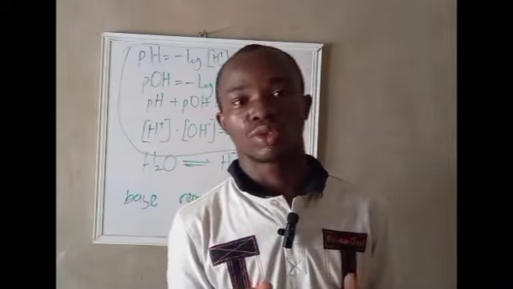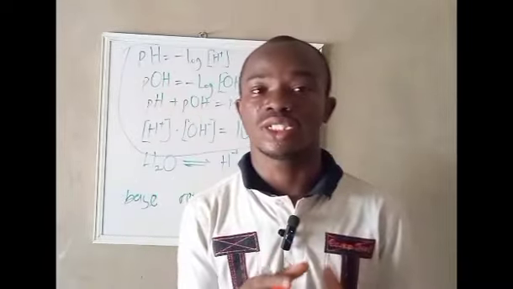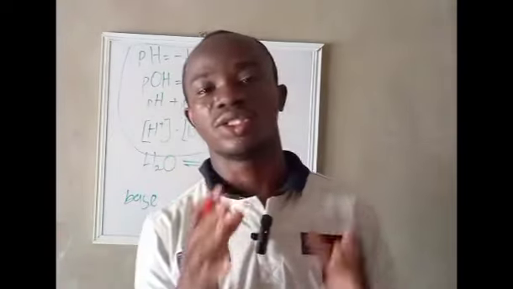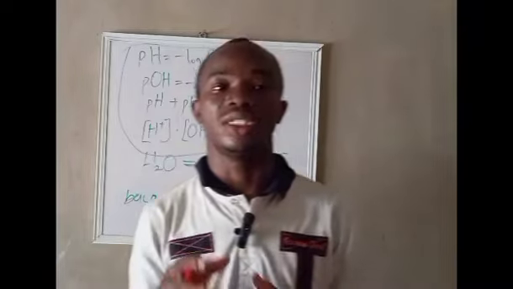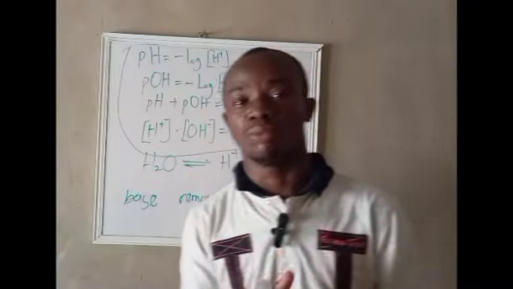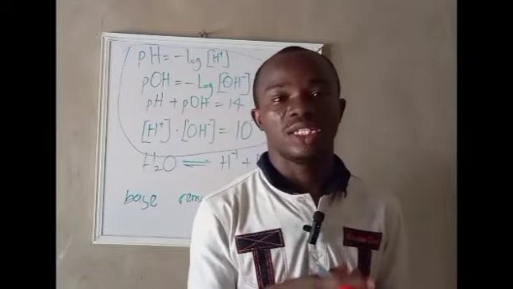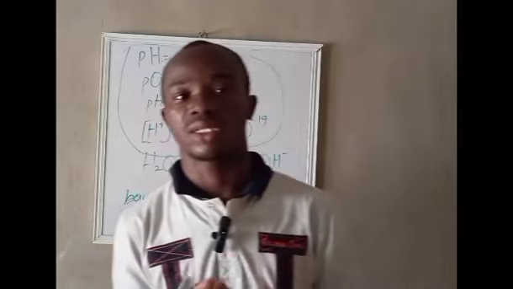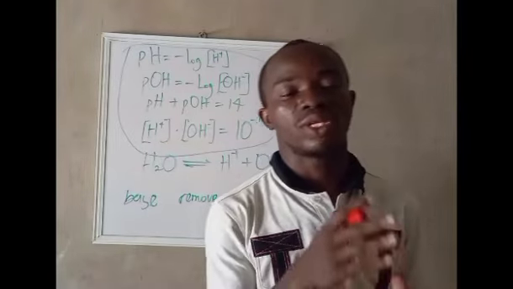The difference between the two is just the extent to which each of these substances dissociates. Strong acid or strong base dissociates completely in a particular solution, while weak acid and weak base dissociate partially. What that implies is that